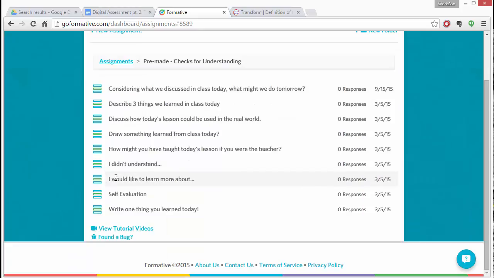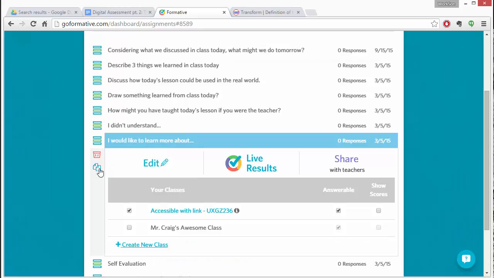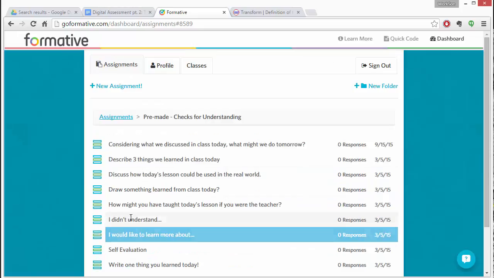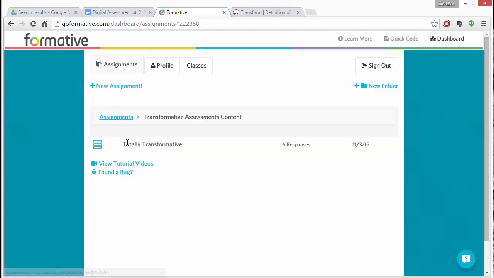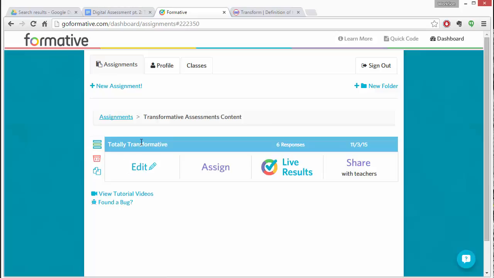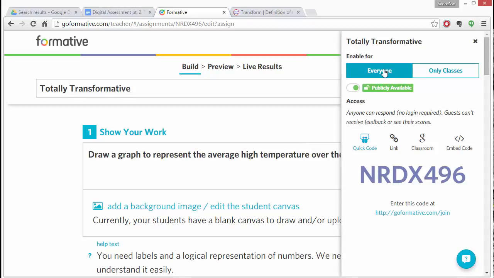So I could take these. When I click into one, I can edit or replicate to make a new version and then edit them for what I want. So it's good to have some templates around that you can quickly make. But in this case, I made the assessment for transformative assessments and I called it totally transformative. So I have this option to edit or assign, and when I click assign, this is something that I did beforehand. It takes me to this page and I can either share it with everyone and give them this code,